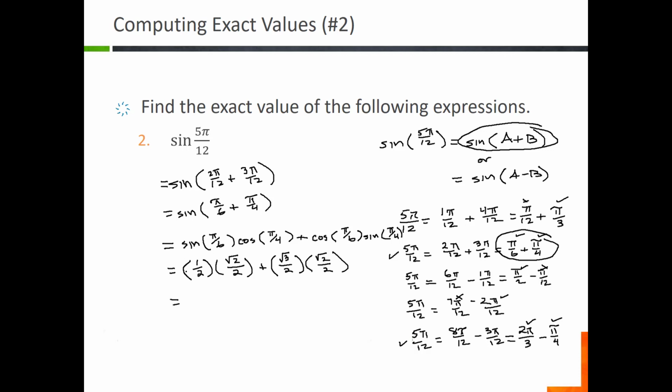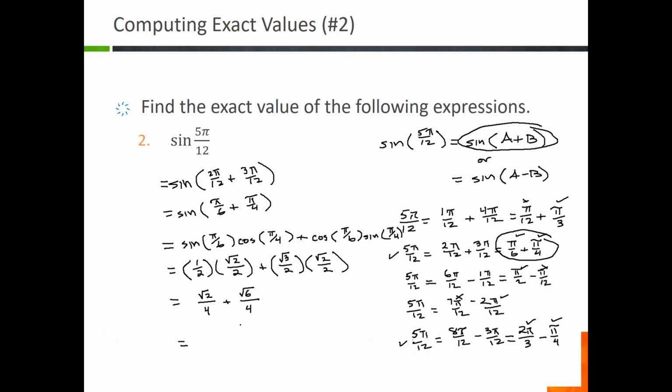All right, so the last thing is we really just need to simplify this stuff as far as we can anyway. So we're multiplying two fractions. We have a 1 times the square root of 2, which is just going to be a square root of 2 in the numerator, and in the denominator we have a 2 times 2, which is a 4. So we have root 2 over 4 plus, in the numerator, a square root of 3 times a square root of 2. When you multiply roots, you multiply what's inside. So 3 times 2 is the square root of 6. And in the denominator, we have a 2 times 2, which is a 4. Okay? So we have a square root of 2 over 4 plus a square root of 6 over 4,